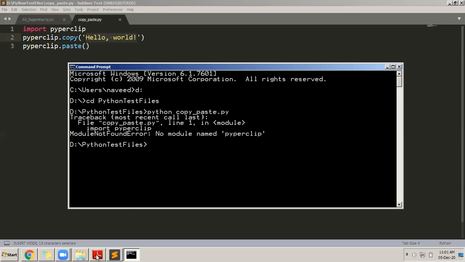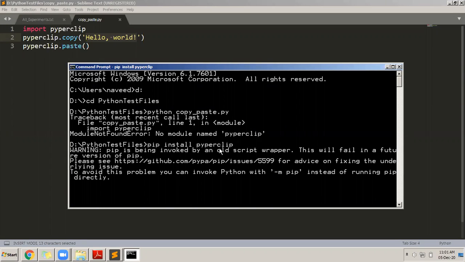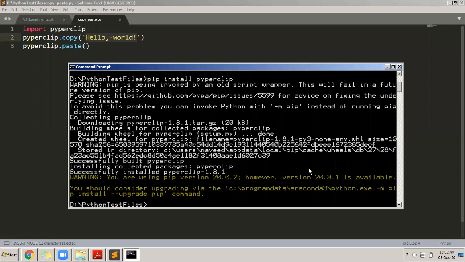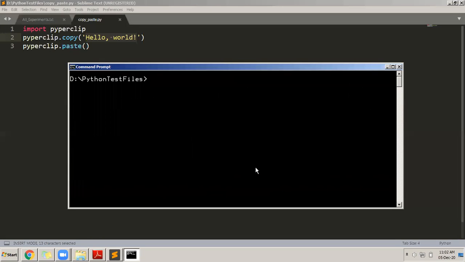To install it separately, I use pip install. Normally, if you want to install any module in Python, this is what you use. You first type pip space install, and then whichever module you want to install. There are so many modules in Python that do not come by default. You have to install them separately. Okay, I think it is installed already. Now if I try to run this program,